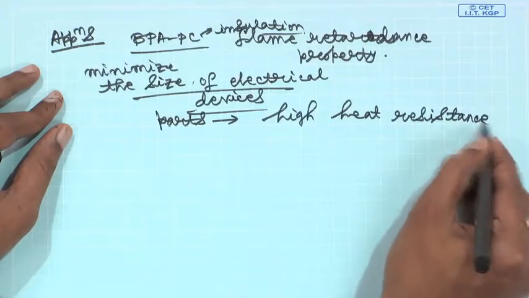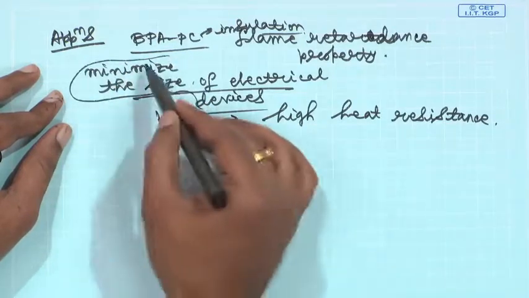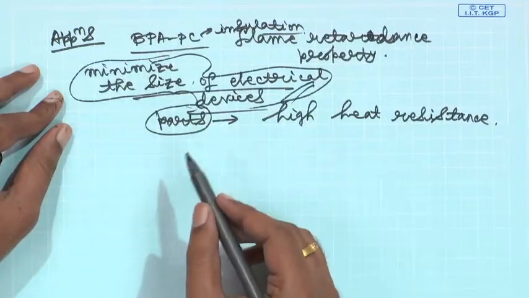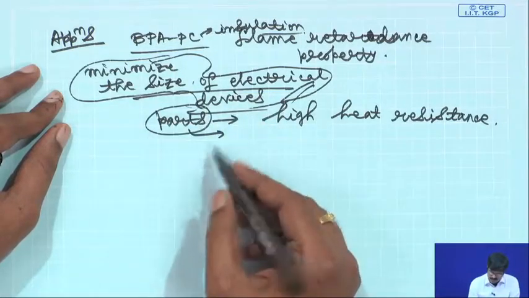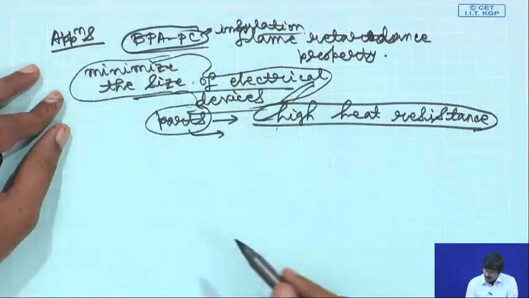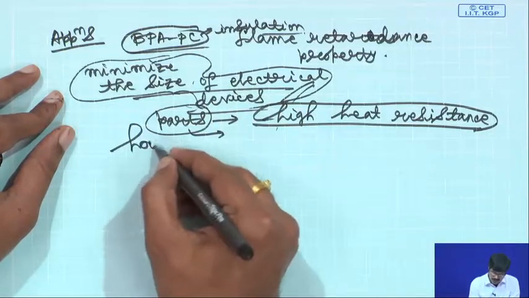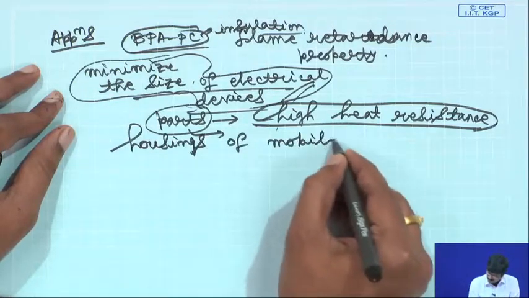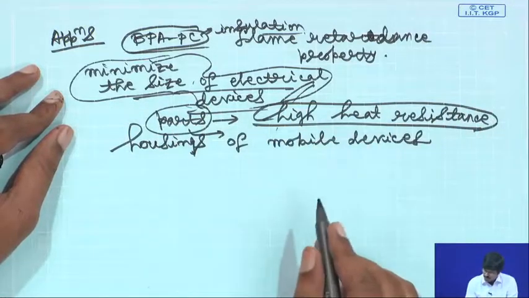That is because when you are trying to reduce the size of the electrical devices, the different parts that you are using are also going to a smaller size, and the thickness of these parts also has to be reduced. That is why you need high heat resistance for these parts, and you can use bisphenol A polycarbonate based materials for that. They can be used for housings of mobile devices, for example, also in flat panel displays or TV sets, and so on and so forth.